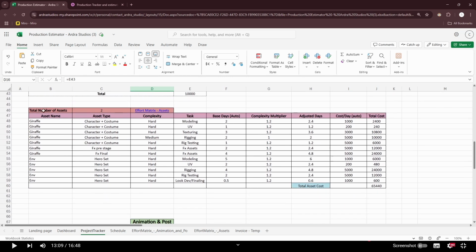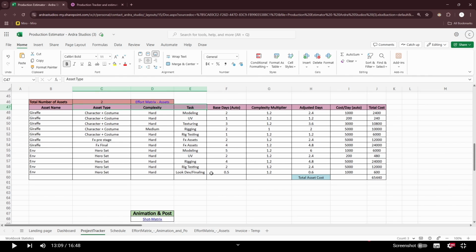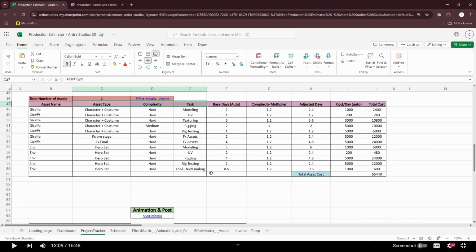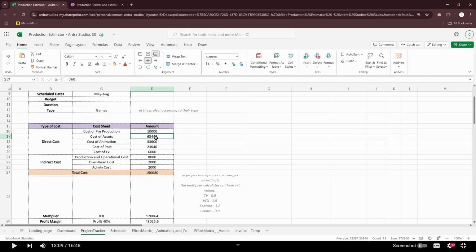The cost of assets table calculates the total cost based on asset type, associated tasks and their complexity. Once you update the asset type, task and complexity level, all other details auto-populate. It shows how many days are needed to complete the asset based on these inputs and multiplies that by the daily cost to arrive at the final cost, which further goes and updates under the cost of assets in the